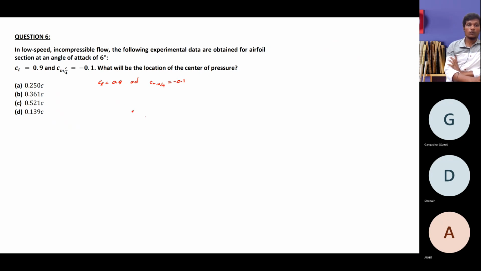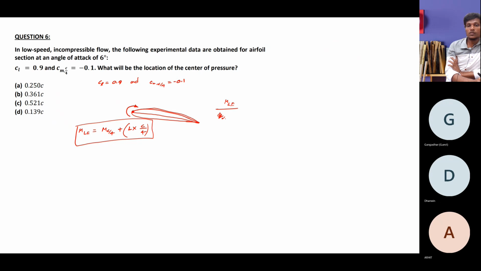I am now drawing my aerofoil like this, at some angle of attack, and I will calculate the moment at the leading edge. The moment about the leading edge equals the moment about the quarter chord point, M c/4, plus the lift force times the distance to the quarter chord point, that is c/4. This will give you the moment about the leading edge, but whatever we have is all in non-dimensional format. So if I want to make it non-dimensional, I need to divide